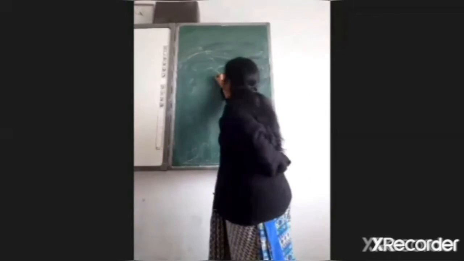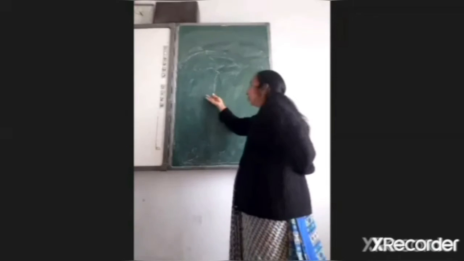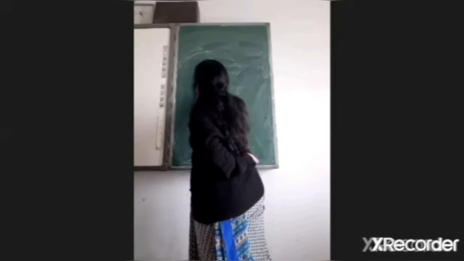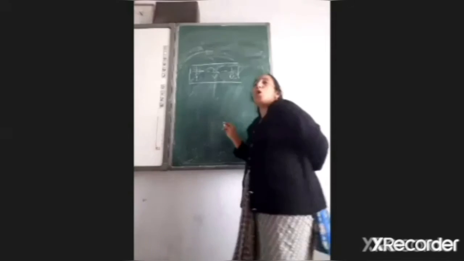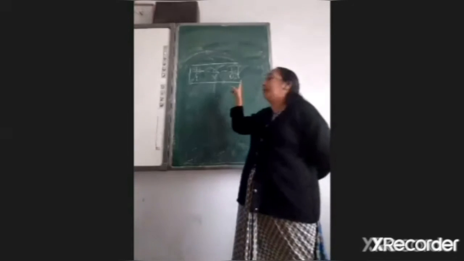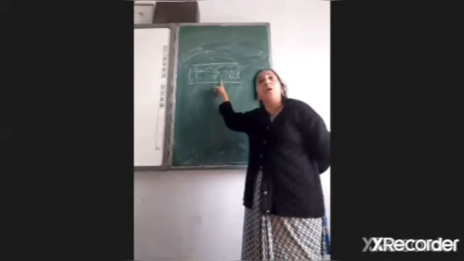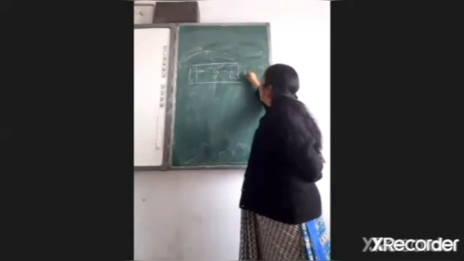Then we have the formula, I think so. Before it, sign convention. How we will take the sign if we are using the formula? So first of all, we have to know the formula. So lens formula is equal to 1 upon f is equal to 1 upon v minus 1 upon u, where u is the distance of the object from the optical center, v is the distance of the image from the optical center, and f is the focal length. Then this is your lens formula.